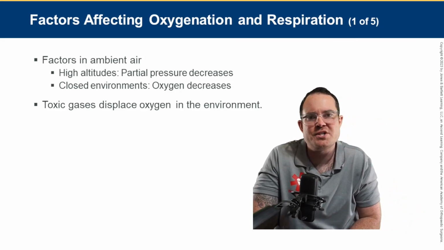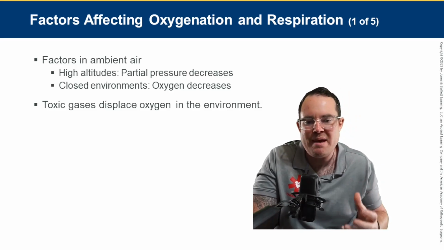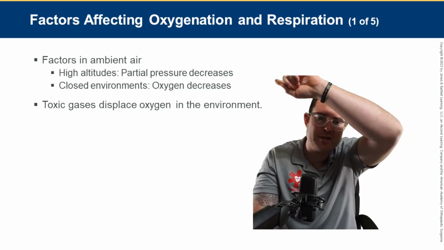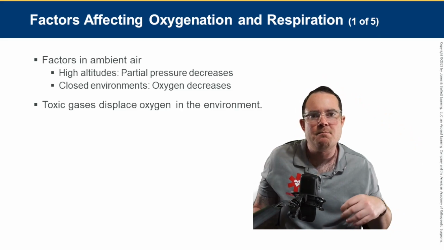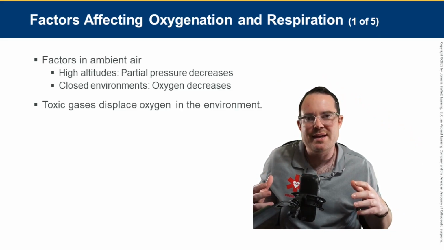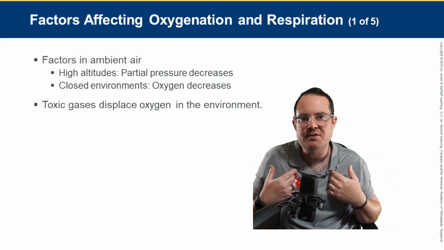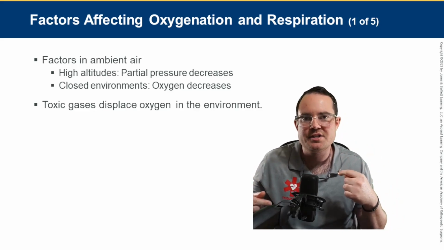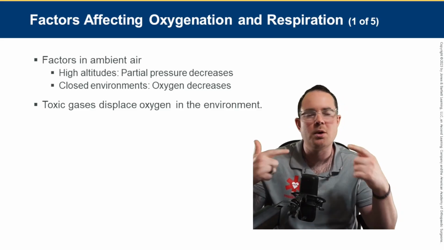So 21% is pretty much everywhere. But when I am at altitude, what happens is barometric pressure changes, it drops, right? I have a partial pressure decrease. And when we talk about my body, it acclimates to a pressure. So if I live here at sea level and diffusion's occurring, right? Oxygen is hopping onto my bloodstream or onto my hemoglobin and I'm blowing off CO2, and it's a normal occurrence